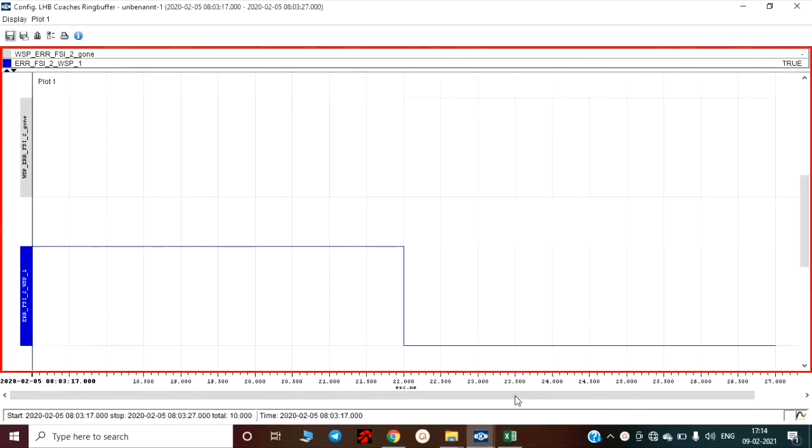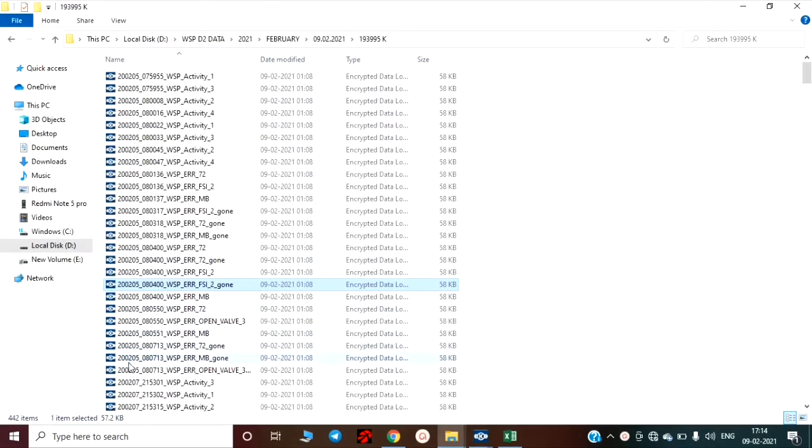So this is what we get when we open an error file. It will usually be a step graph showing the time of the error. There is nothing else that we can see from this graph, and since it's not practically possible to open every single file in case of 400 files provided, we're going to try a different approach for error analysis. For this, we need to understand how NOR provides the file names.